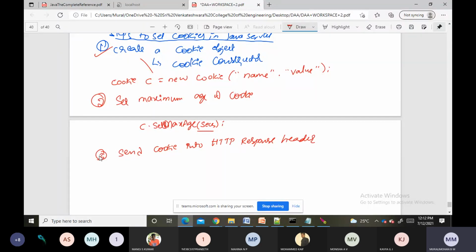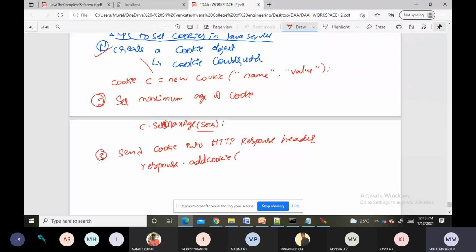First, we created a cookie object, and next we set the maximum age of that. Third, we send the cookie into the HTTP response header, for which we use the response dot addCookie method.